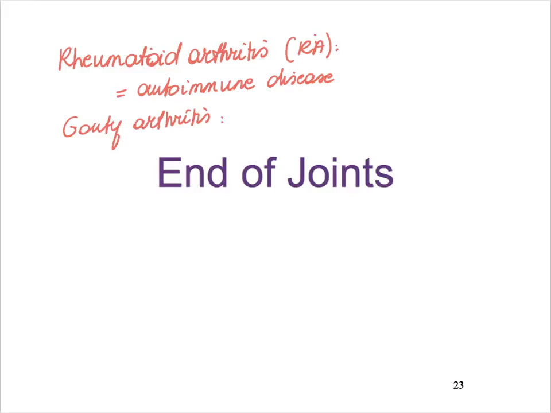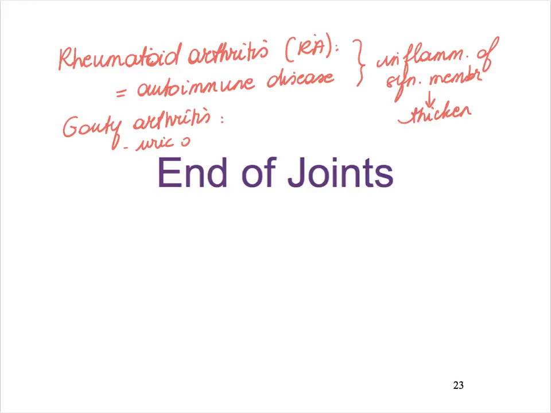Now, in rheumatoid arthritis, what is the problem there? We see inflammation of the synovial membrane, which causes the membrane to thicken and therefore literally makes it very difficult for the bones to move properly. In gouty arthritis, we see that uric acid crystals deposit inside of particular joints, especially the big toe joint,